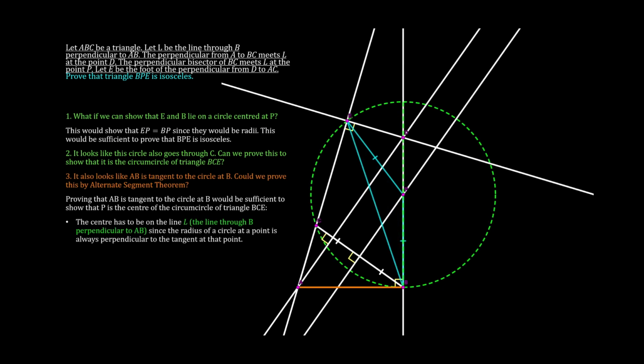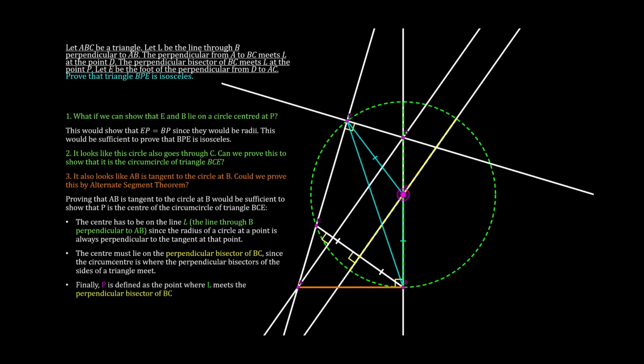the center has to be on the line L, since the radius of a circle at a point is always perpendicular to the tangent at that point. And because the center has to be on the perpendicular bisector of BC, since the circumcenter of a triangle is where the perpendicular bisectors of the sides of a triangle meet. And I'd like to remind you that P is by definition where the perpendicular bisector of BC meets L at